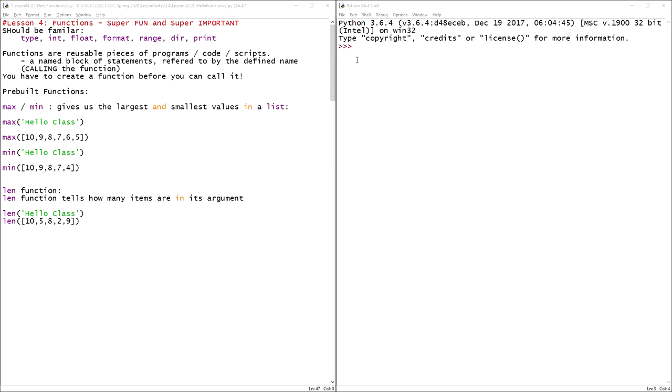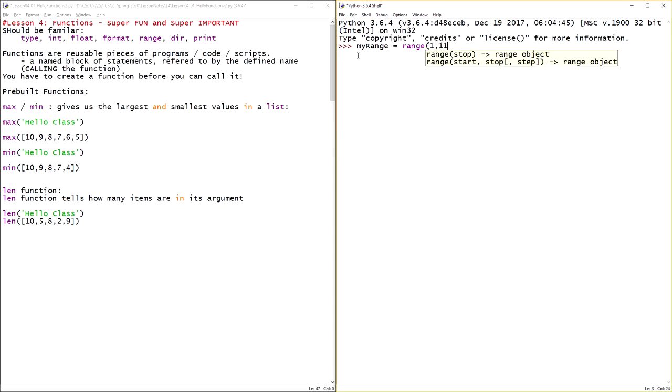But let's revisit an oldie but goodie. Let's revisit range, right? So we'll make a variable called myRange. We'll have it equal a range. We'll start at 1. We'll go to 10. We'll stop at 11, and we'll count by 1. So a simple 1 through 10. We'll hit enter. We'll say for each item in myRange,